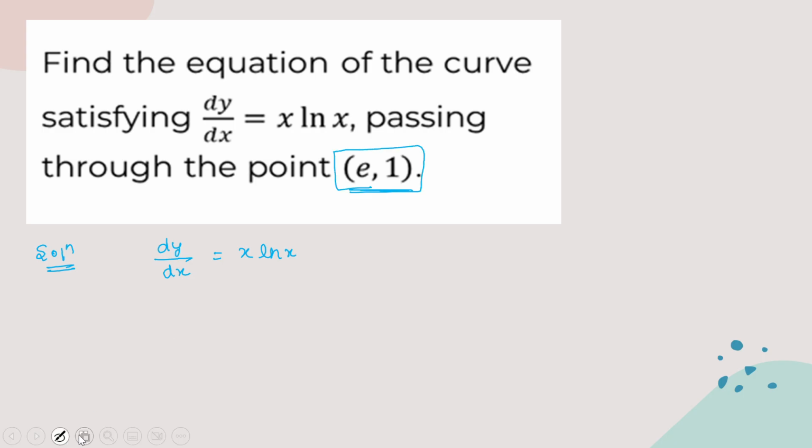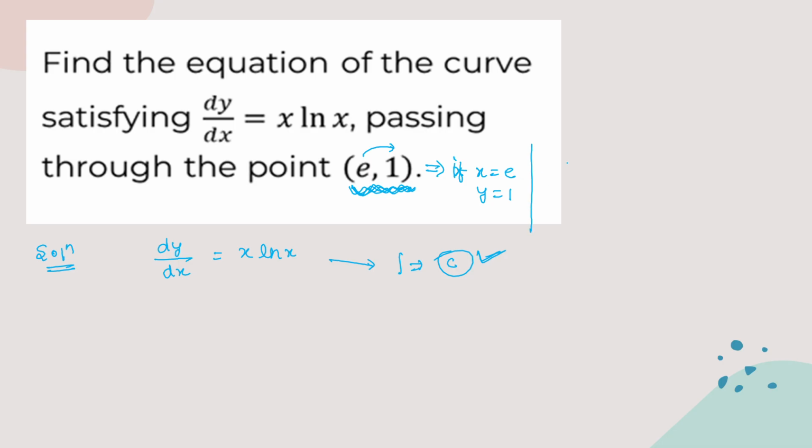If you remember, I told you in the last class that some boundary conditions will be given in order to find the value of that constant. Which constant? The constant which you get after doing the integration, that c value. That c value will be calculated based on this input, or we can say the boundary condition which is being given. Now what is this (e, 1)? It says that if you put x equal to e, y will be equal to 1. These are the coordinate format they are giving you.